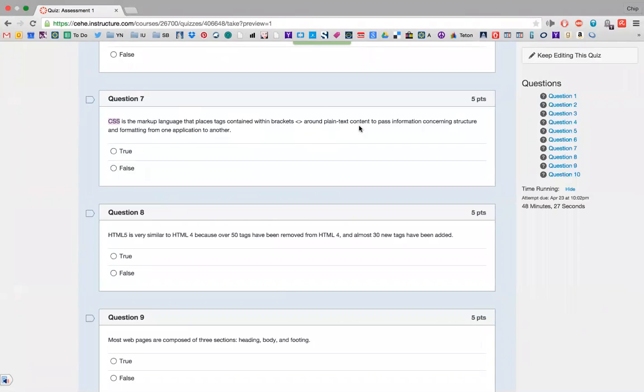CSS, CSS is design stuff. HTML is content stuff. See, that might be a little bit confusing. But